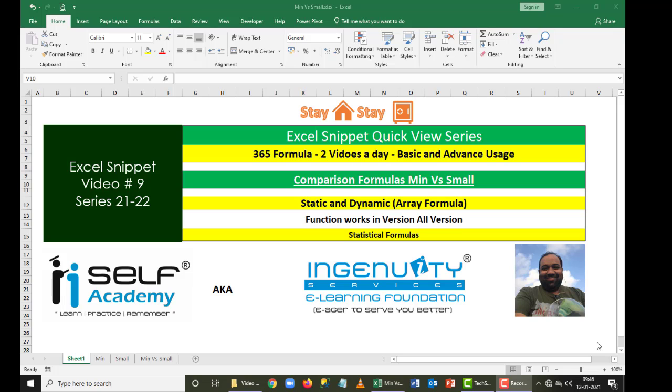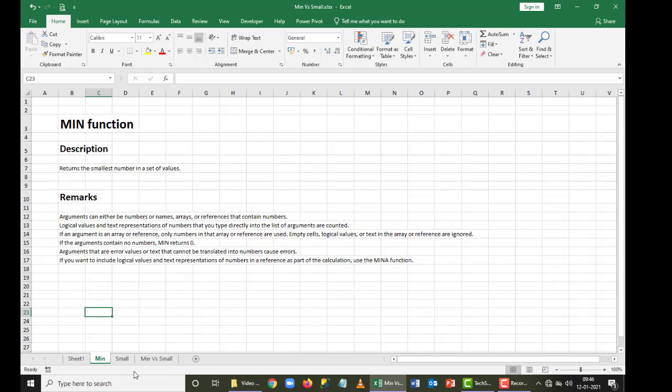The first 2 formulas that I'm going to work with are MIN versus SMALL. Both of them come from the statistical family, so they are statistical formulas. One of them is a static formula, and the other is a dynamic one, or I can call it one of the array formulas here. When I go to the MIN function, you can see that